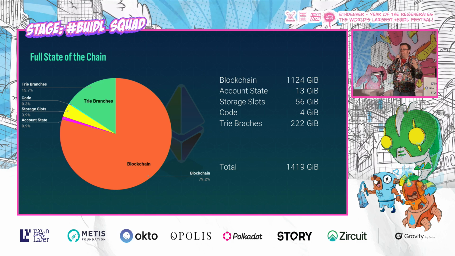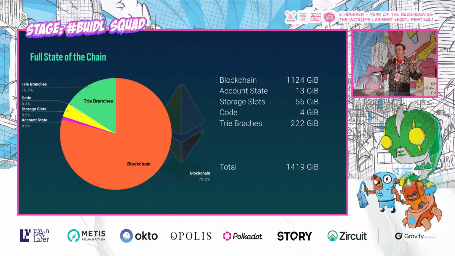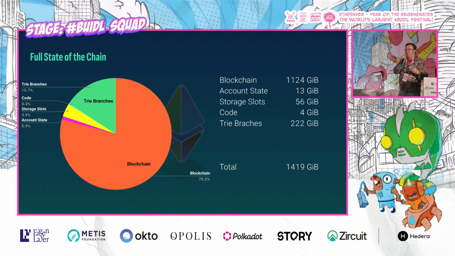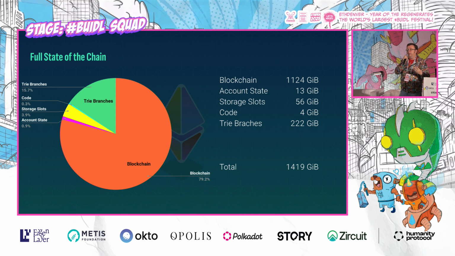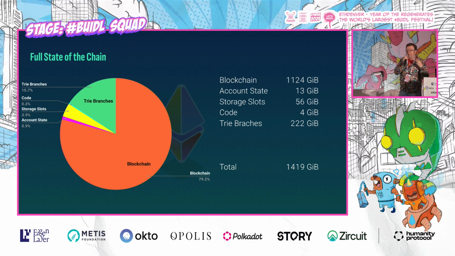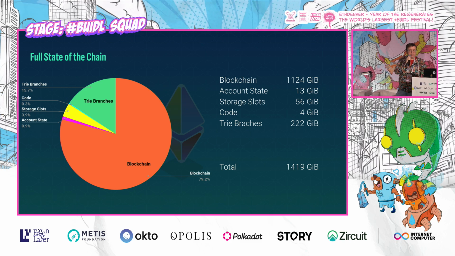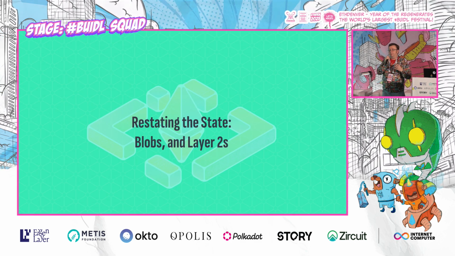That's why people freak out when you say we're going to increase the gas limit, because we're not going to be able to handle the data. The data is not the on-chain data that you're using at the moment. The data is the entire historical ledger of Ethereum that we have to download if we increase the block size. Now, why would we want to increase the block size, and what are some of the things that have been done to deal with this?